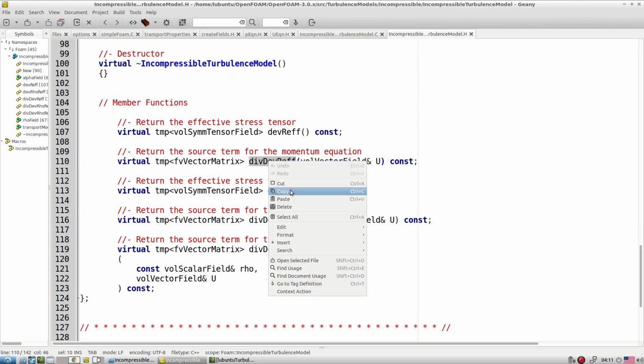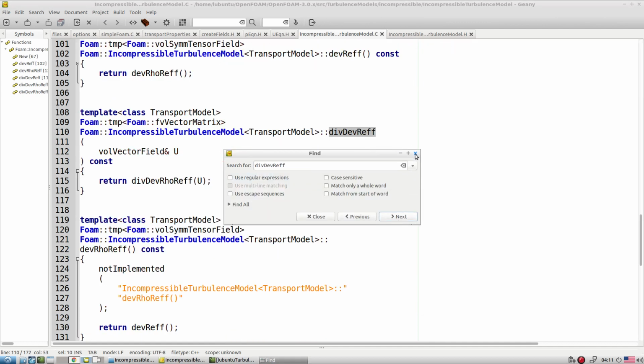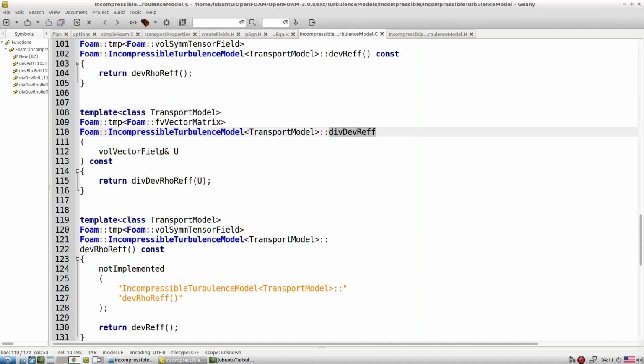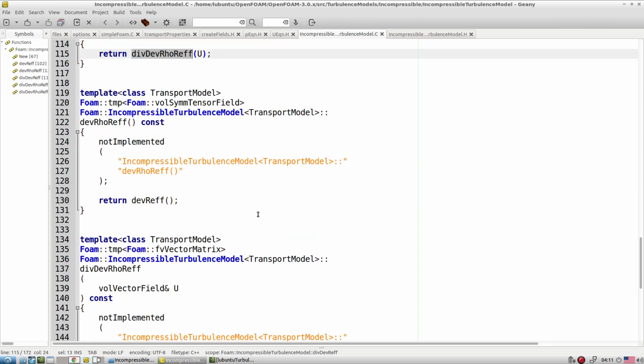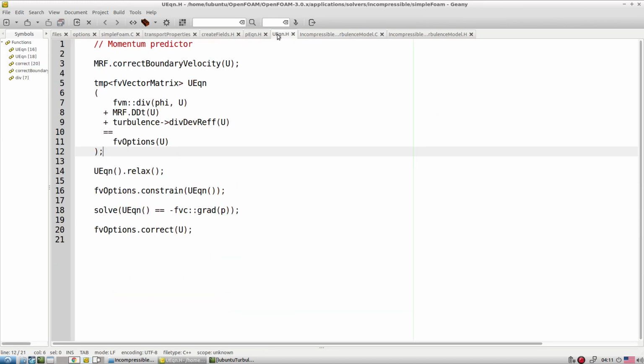Okay, so if we look inside the .c file, we are here. It's written this particular value from here. If we try to follow this, then we can pinpoint exactly how it is calculating. Later on, when we talk about the turbulence library, we will explore these particular options at that point of time. So if we look at the U file, this is ultimately nothing but Laplacian of velocity,